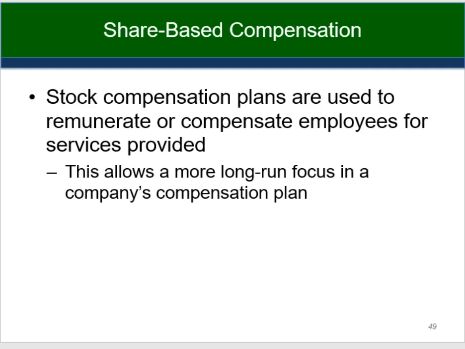So there's a price that they have to pay, so they do have to pay the exercise price, so there is some additional financing that's received. 4 common kinds of stock compensation plans are compensatory or employee stock option plans. They give employees or management the opportunity to own part of the company.